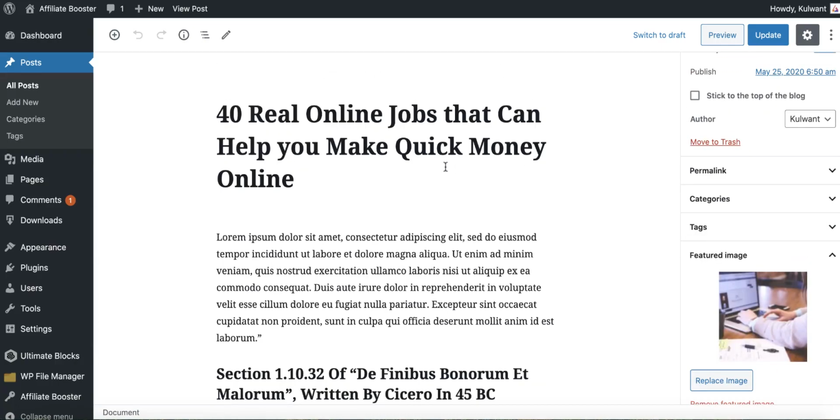I am very excited to launch this theme in the market because I have added all of the features which must be there in a very good theme. I hope you would also be excited after watching this video. So stay tuned. I am launching this theme this month. I was planning to launch on 13th June, but I think this won't be possible because there are still so many features missing in the theme. We are working on it. So stay tuned. This theme would be in your hands this month. Thank you.